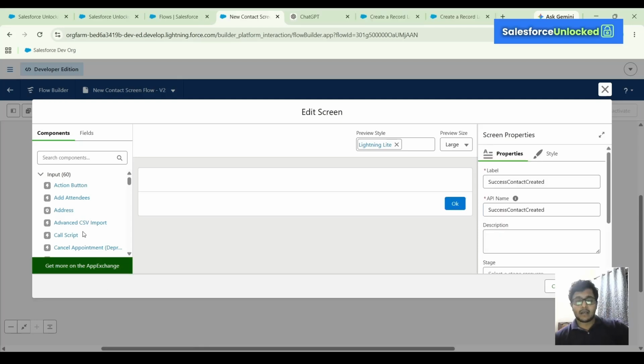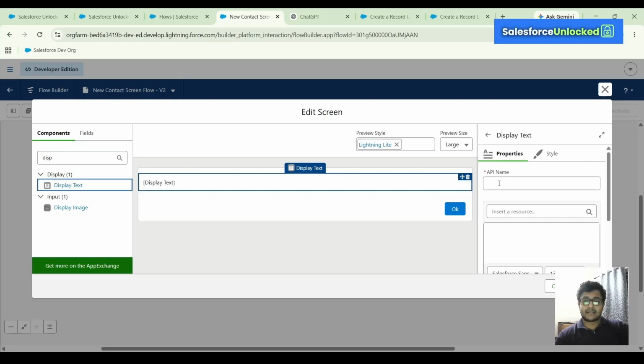On this screen, I want to add a success confirmation message. So I will do one thing. I'll go ahead and drag and drop a display text here. I will give this as a success message, contact created message, and I will add one text here like new contact created